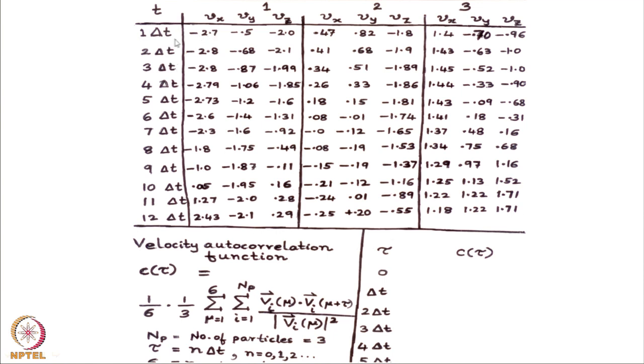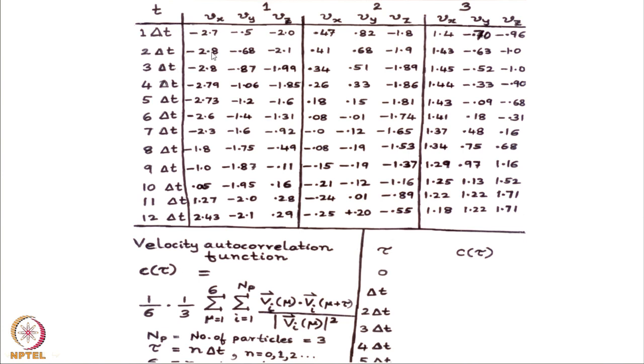So, this is 1 delta t, this is 2 delta t. If I want to know how a function at one time is correlated to the function at the second time, how do I find that correlation? Take the first value, multiply by the second value. So, this is correlation at delta t equal to 1 delta t. Take the value at 2 delta t, multiply by 3 delta t, take the product. So, take first this product, then second product, third product, take each one of these pair products and divide by the number of products you have taken. So, that is my pair correlation function at delta t.